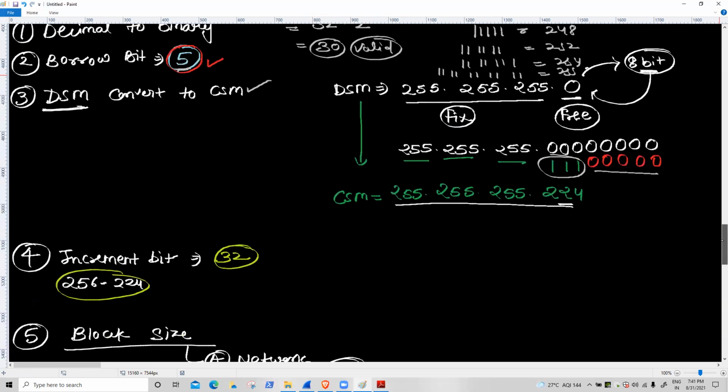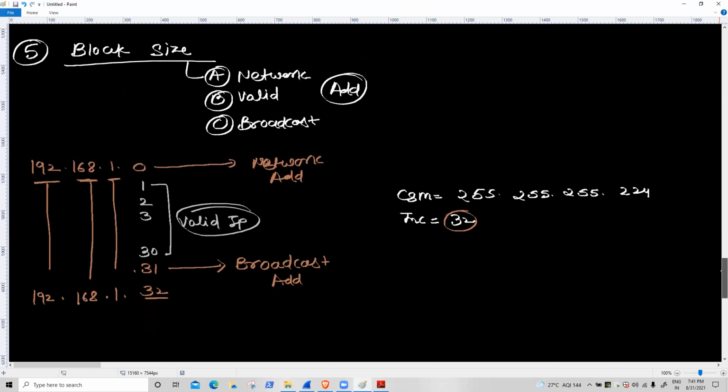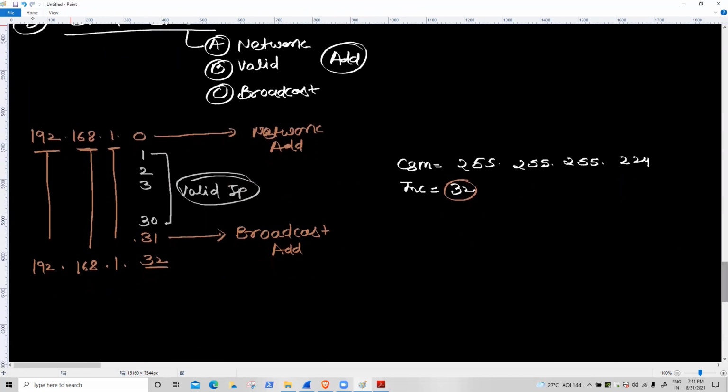Okay. Right now, very simple. Why are we doing a minus 2? Because right now the network address is never assigned to end devices. End devices means a PC, laptop, server.